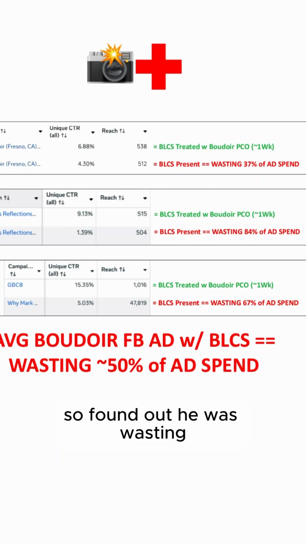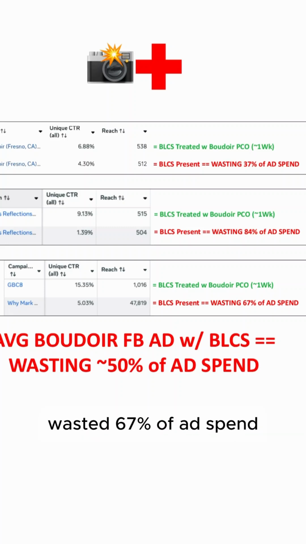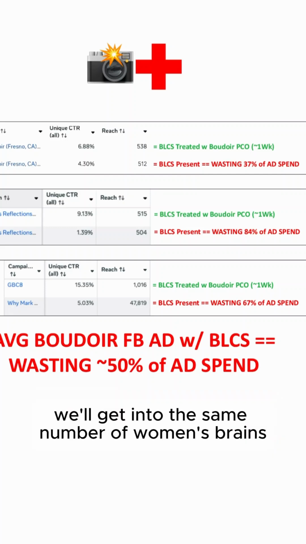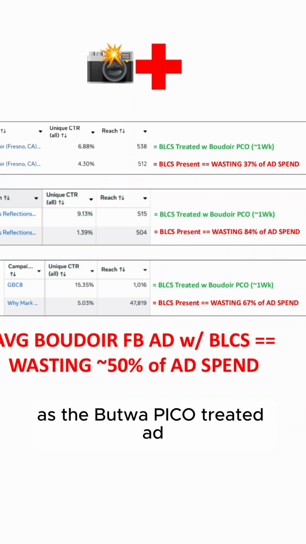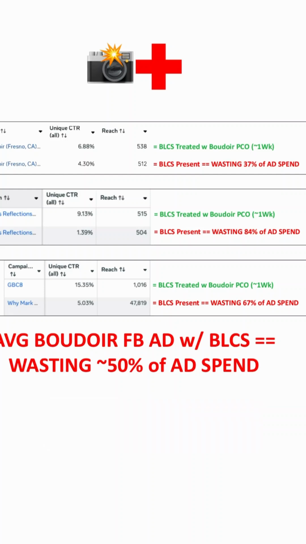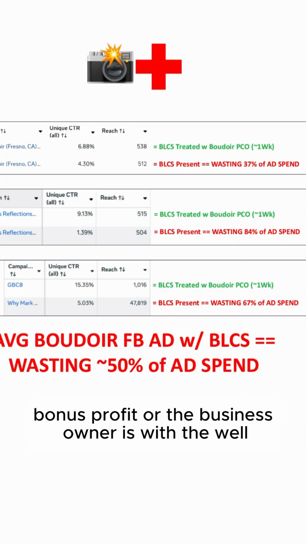So I found out the original Boudoir Facebook ad was wasting 67% of ad spend. The original Boudoir Facebook ad had 10 grand a month. We'll get into the same number of women's brains as the Boudoir Pico treated ad, spending only 3,300 bucks a month. So that whole difference, we're pocketing that difference as a bonus profit, or the business owner is, the boudoir photographer is,